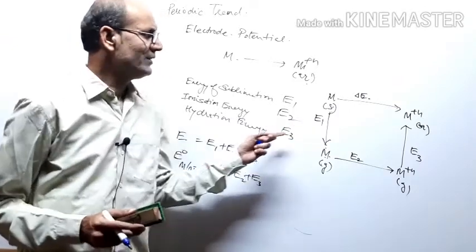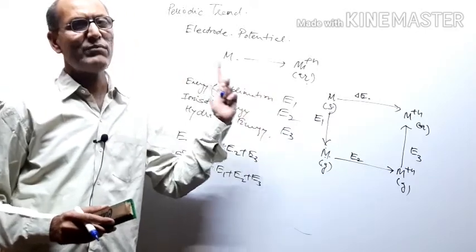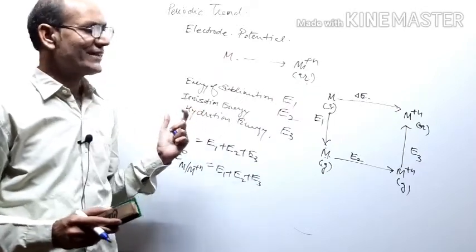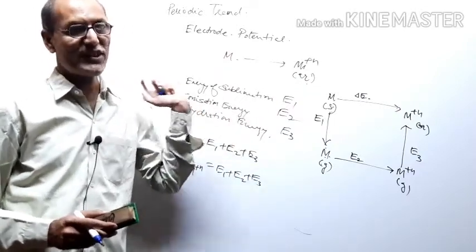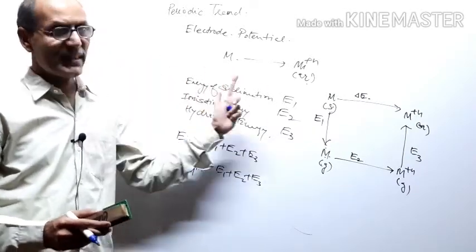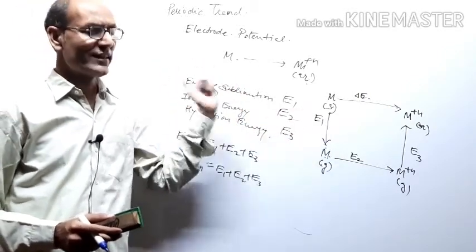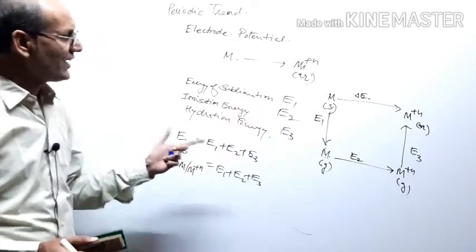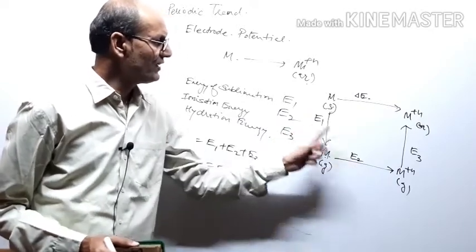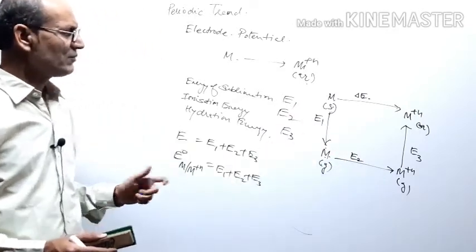This cannot be regular when we move from left to right. When we are moving from scandium to zinc or in any of the series, we will not get a regular trend, whether it will be decreasing or increasing. There will be no correct order. We cannot say that the electrode potential is increasing or decreasing from left to right, because every atom has different sublimation energy and ionization energy. Due to different values of these two, the sum of all these three values will not be in a regular trend.